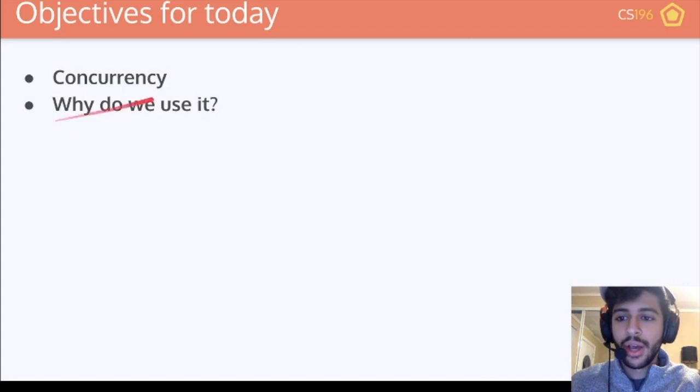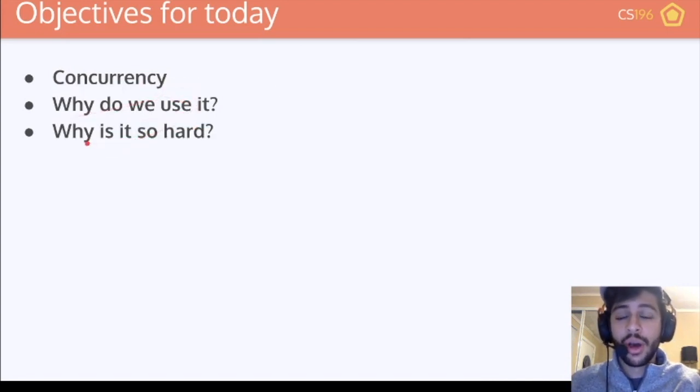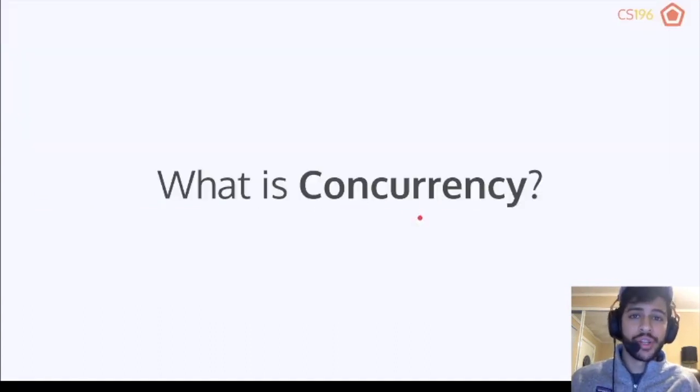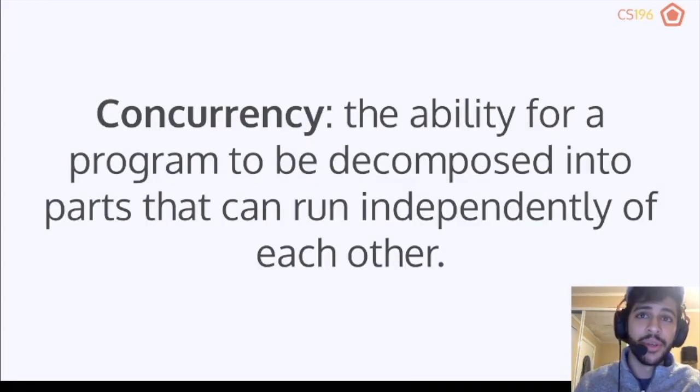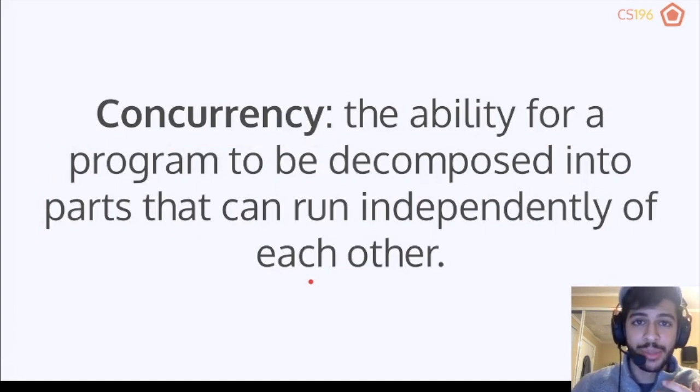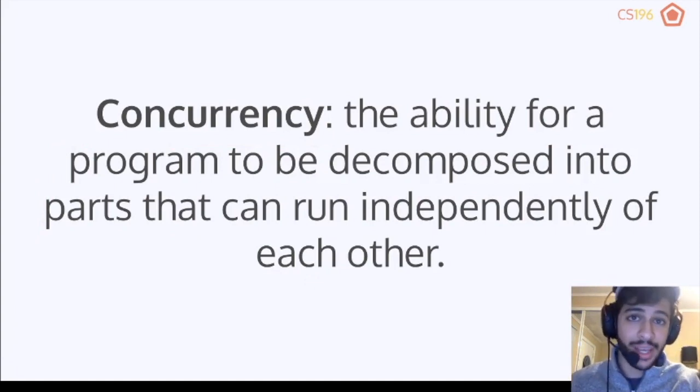And we'll talk about why we use concurrency, what concurrency is, and why it is so hard to use. We'll talk about what threads are and how we can communicate between the threads using these things called channels. But first, of course, let's talk about what concurrency is. Concurrency is defined as the ability for a program to be decomposed into parts that can run independently of each other. If this definition doesn't make sense to you right away, it's completely fine. We're going to go through a lot of examples today that demonstrate concurrency both in real-world examples and